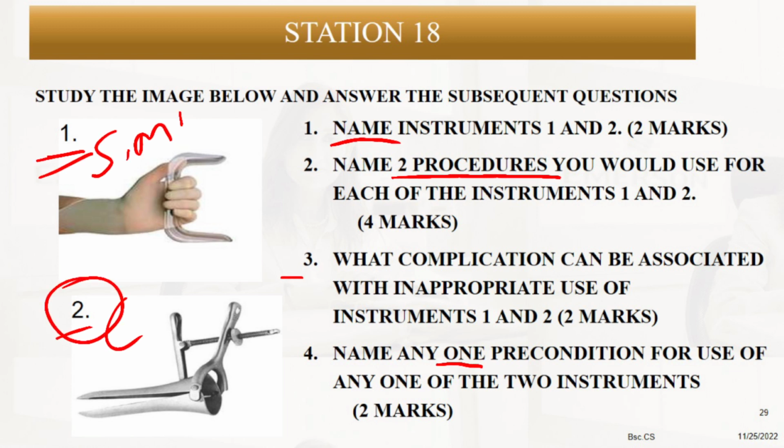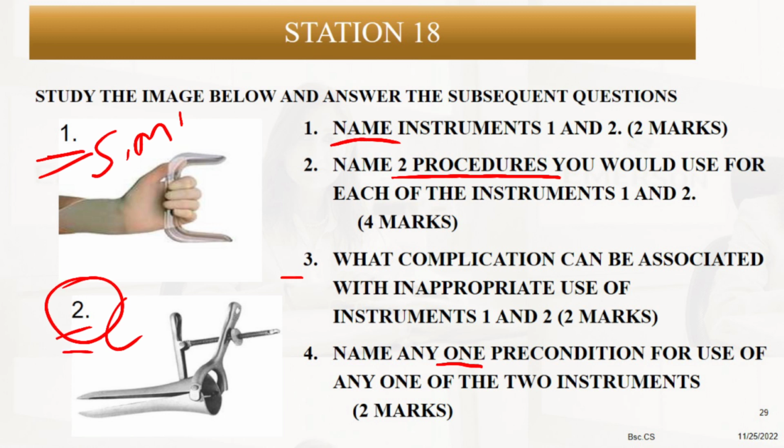Then instrument 2, which is a Cusco's speculum. So indication 1, it can be used to visualize the cervix and the vaginal fornices for any local causes. So any local causes meaning polyps, ectopy, those local causes of APH, you can visualize these too. You can use the Cusco speculum to visualize the cervix and vagina. And then indication 2, it can also be used